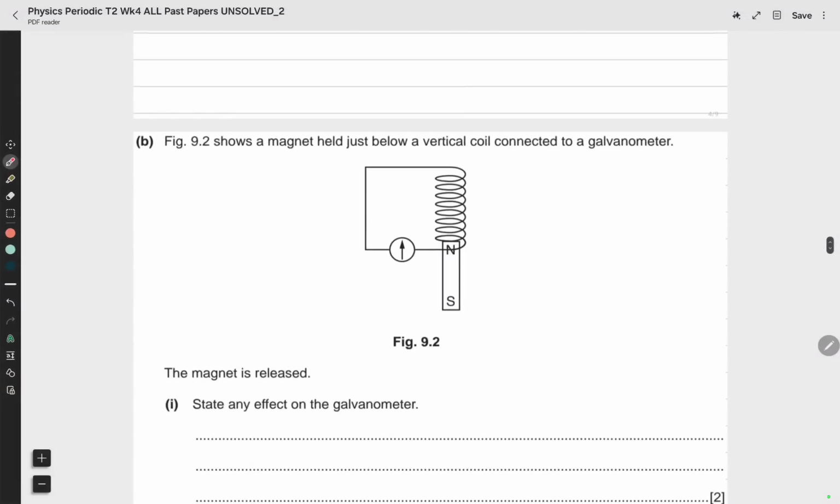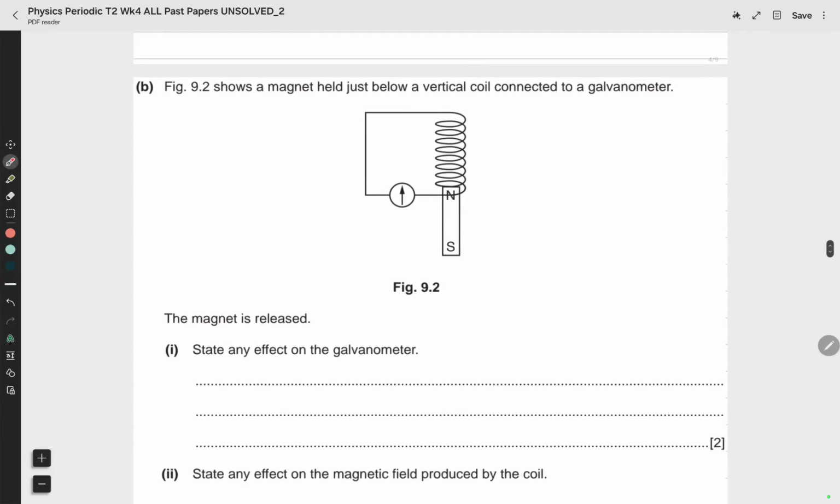Okay, part B. Figure 9.2 shows a magnet held just below a vertical coil connected to a galvanometer. The magnet is released. State any effect on the galvanometer. Obviously, there should be a deflection, right? Because you had over here a magnet inserted. You release it. Sorry, you have a force inside the magnetic field over here,